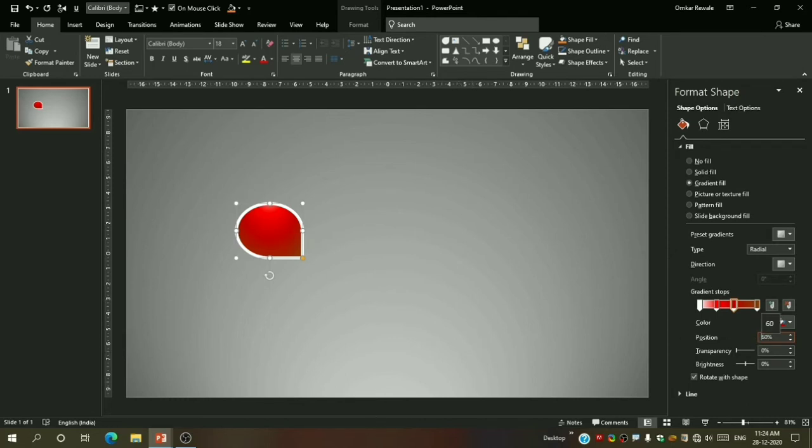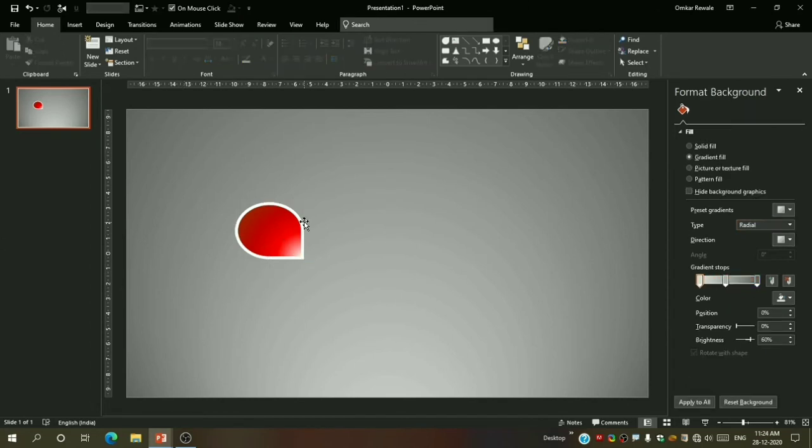And done. Now let us change its direction. Select the second last and see the type is radial fill. Okay, now we will insert the rectangle, again from the shape menu.